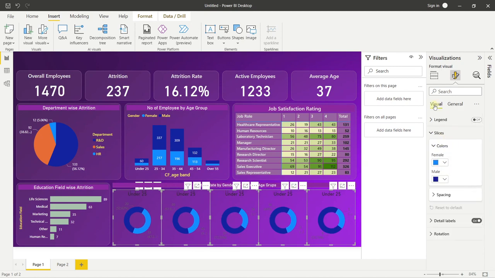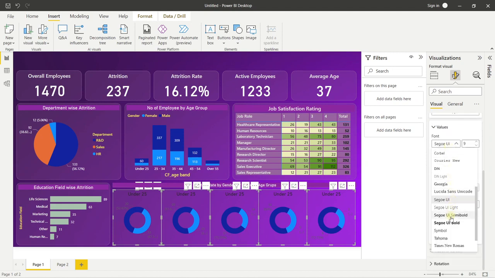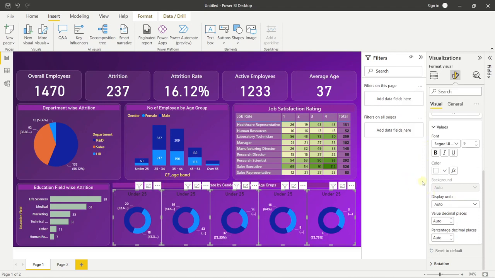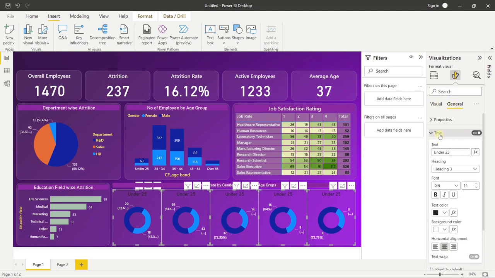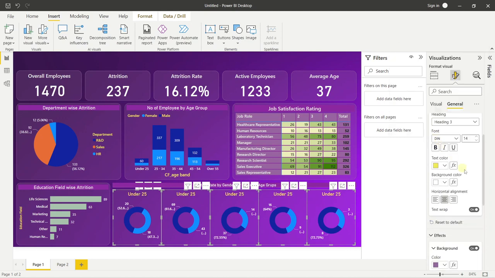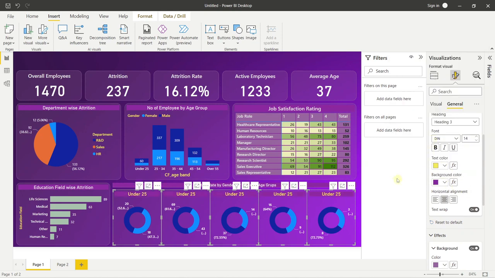Okay. Then we can change the data label as well, and the value we can choose it as semi bold, and we will make it as white. All right. Similarly, for the title, we will use the text color as yellow, and the background we will be using as